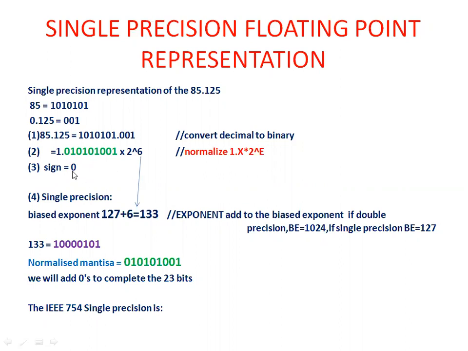Okay, here we identified the sign bit. This is the exponent bits. Okay, now we can write the single precision floating point. How? What about the first field of the single precision floating point? It is the sign bit. So what about the sign bit? It is 0. Okay, for sign bit one, it is 1.